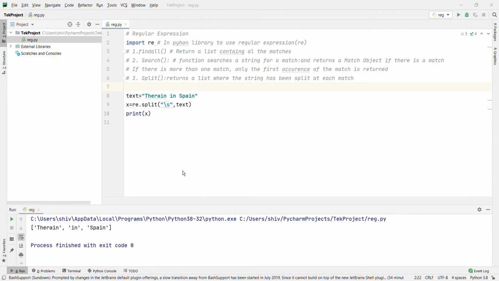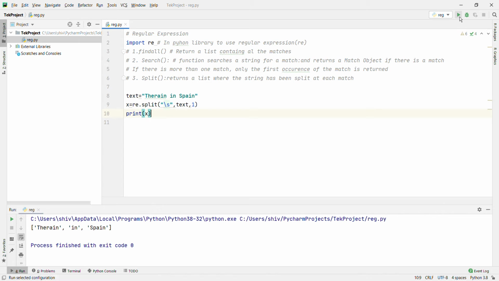You can even control the number of occurrences by specifying the maxsplit. Let's define the maxsplit: re.split with backslash s, text, comma 1, and print x.